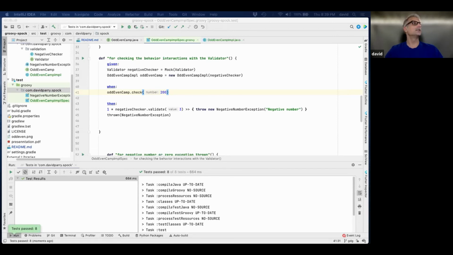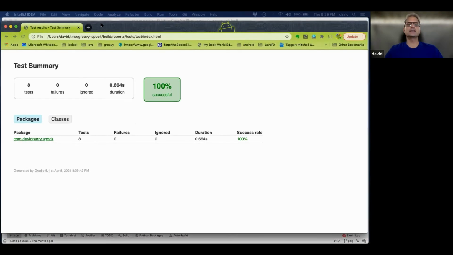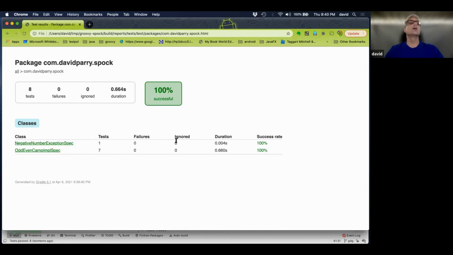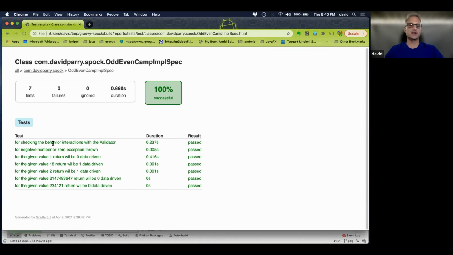Yep. Okay, cool. So I'm going to bring over my little report page because everyone wants to know, hey, we want to celebrate. We want to celebrate failures too in the CI/CD because at least we got them, and we want to know. We want to see high levels of tests and the success rates, and there we go. Your instrumentation, like what was your test coverage, will come up on this too. So I can see here that 7 classes and all the outputs were done for the given value of 18. Boom. The given value of that. You look at that, that's all the data. So you get a really good view of what was done and what wasn't.